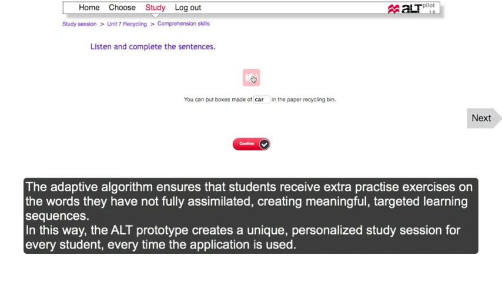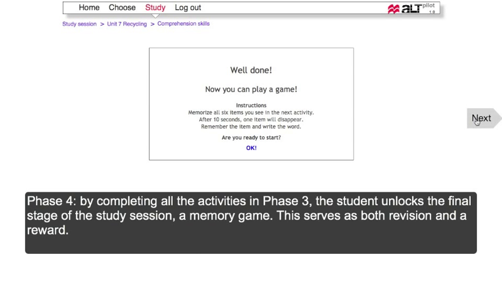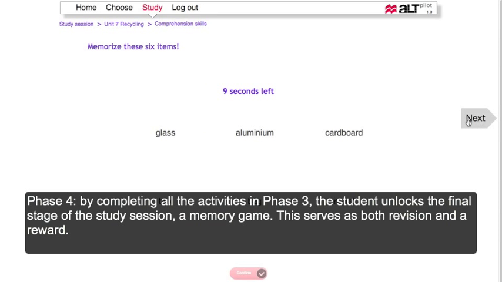The adaptive algorithm ensures that students receive extra practice exercises on the words they have not yet fully assimilated, creating meaningful, targeted learning sequences. In this way, the ALT prototype creates a unique, personalized study session for every student every time. Phase 4. By completing all the activities in Phase 3, the student unlocks the final stage of the study